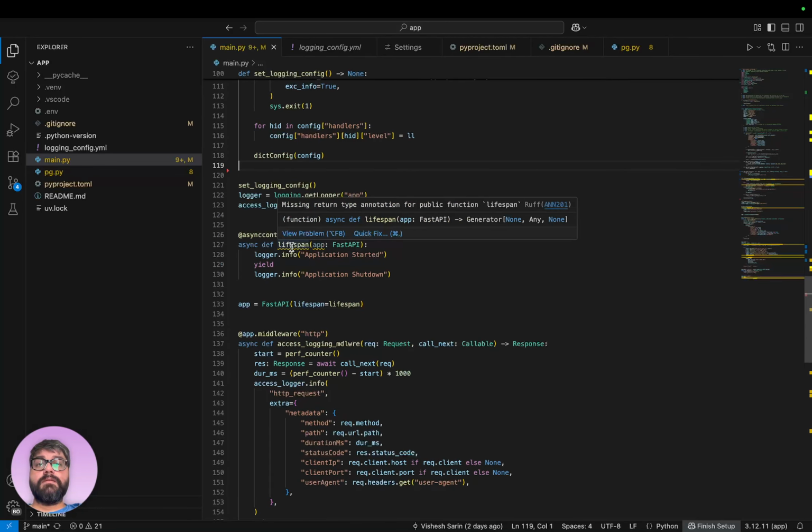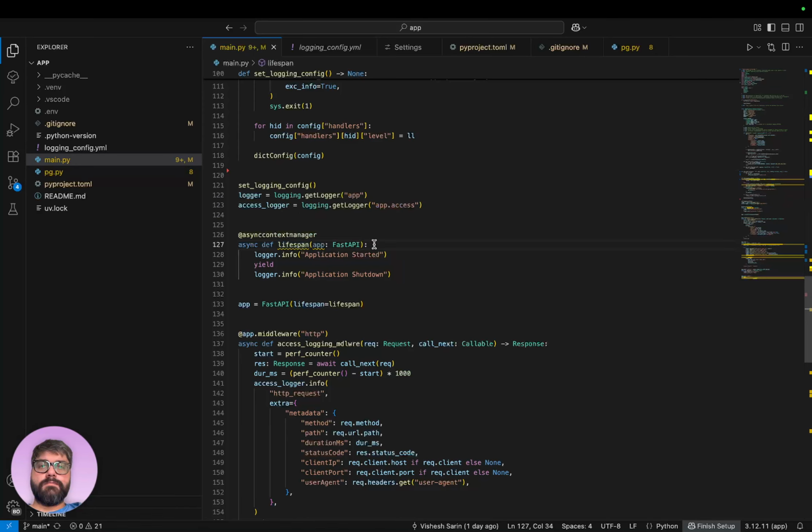Lifespan. Missing return type annotation for public function lifespan. Well, the return type is none for now.